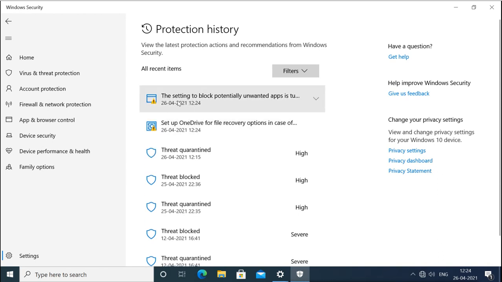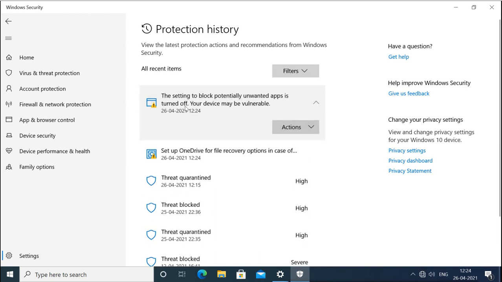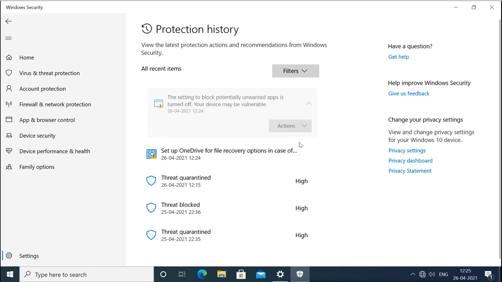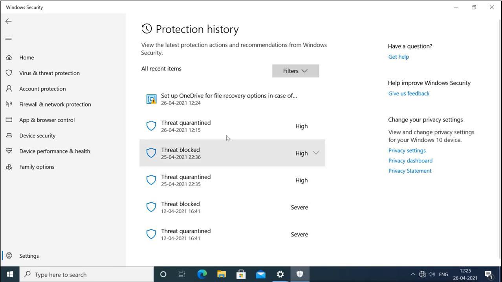Then it is saying set the setting to block potentially unwanted apps. Unwanted apps is turned off, your device may be vulnerable. So it says turn on, so that it will block potentially unwanted apps. You can see your threats and messages here, your protection history, and you can solve those problems.